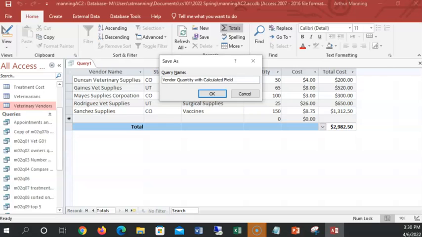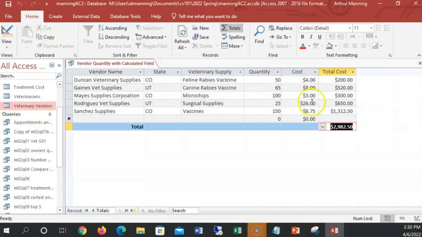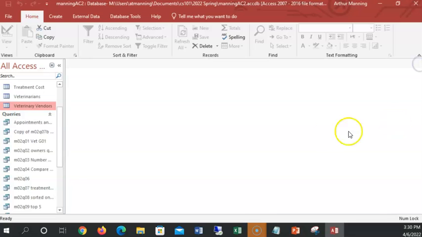Now we're learning a lot of things about what queries can do. Just kind of learning they sort of can be like Excel spreadsheets type calculations. But just the general idea is getting you familiar with Access so you'll be familiar with how databases work, but don't worry about being a database expert. You are